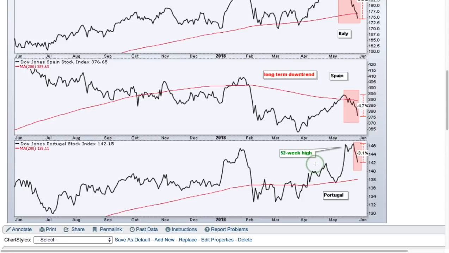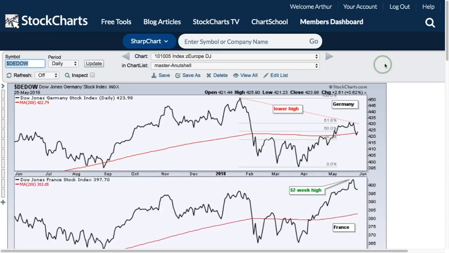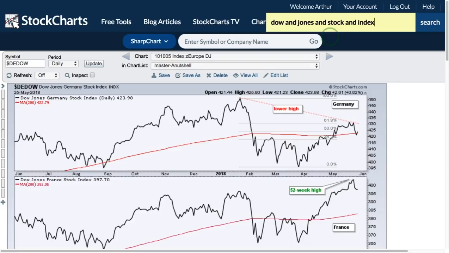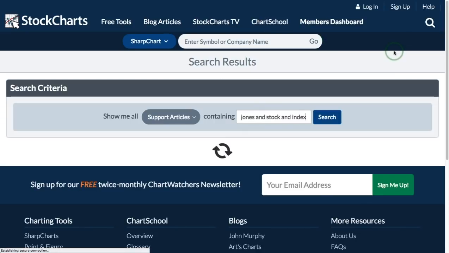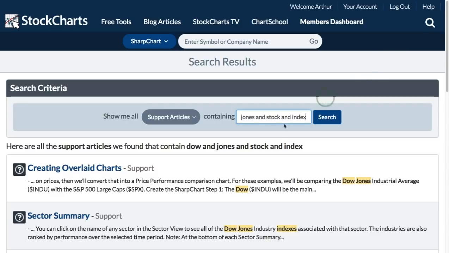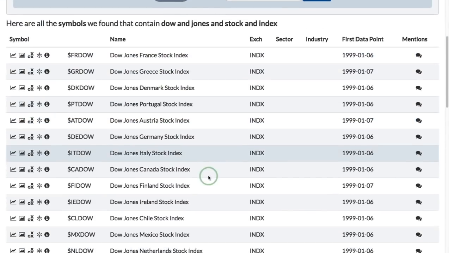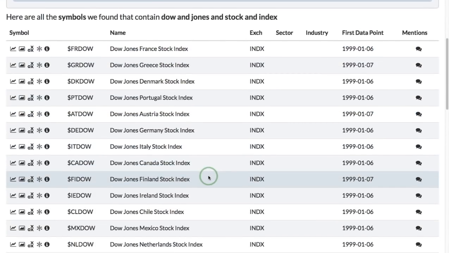So Portugal is weighing. So how do we find these symbols for these Dow Jones stock indexes? Well, at the top of every web page, you have that search icon, the little hourglass or the little magnifying glass there. And if you click on that and you type in Dow and Jones and stock and index, like I've just done, and you click search, you will come to our search criteria page, and it'll be showing you support articles, but that's not what we want. Well, maybe you do, but I'm looking for symbols. So I'll change that to symbols, and it'll refresh, and there you can see all the international stock indexes from